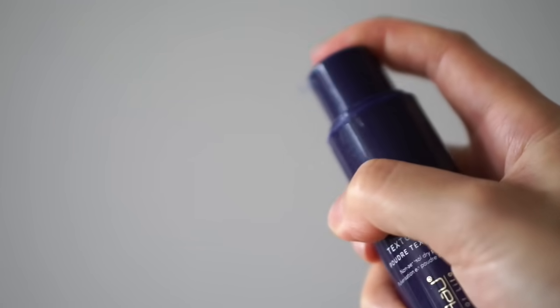Most dry powder sprays either come in the aerosol can, which is fine, or they come in like this squeezy thing, which is just a big mess. It's like putting baby powder in your hair. This is just an air pump that just shoots the powder out in a measured and even way wherever you want it to. You section off your hair and then you spray, and then you just kind of...